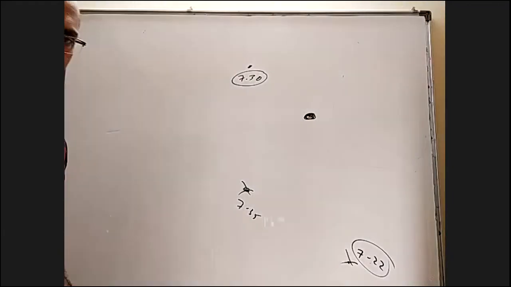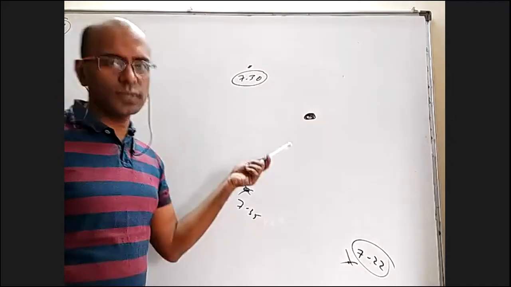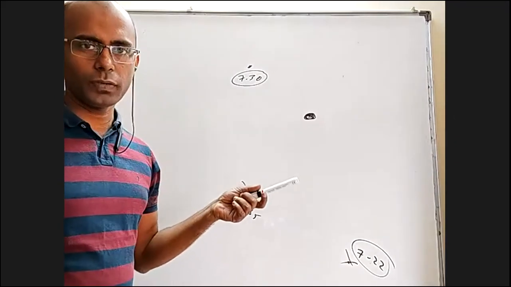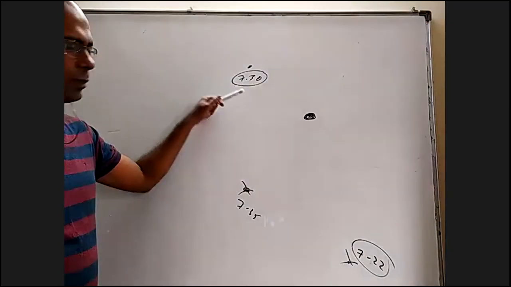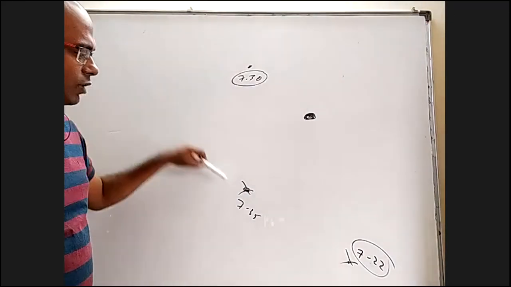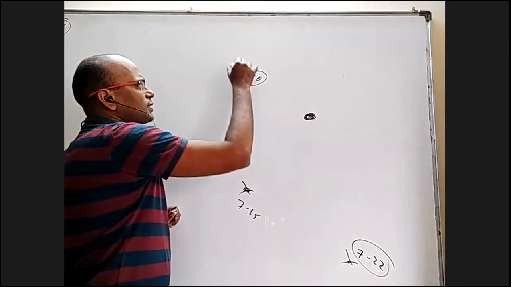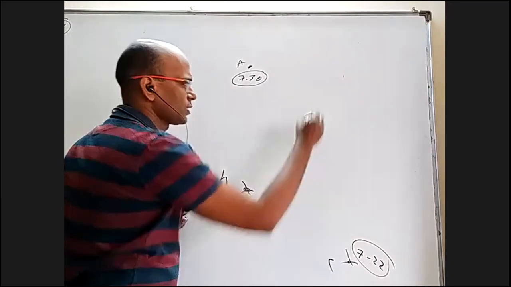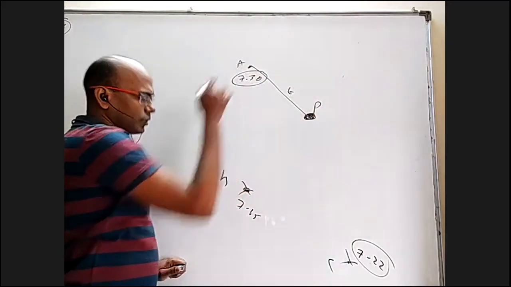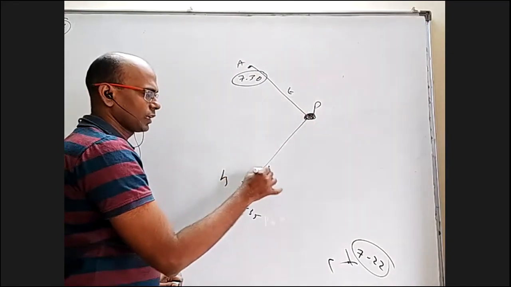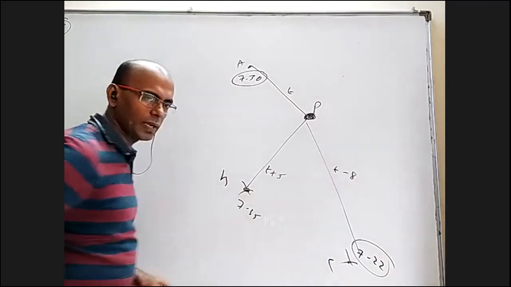Now they don't know what this distance is and how much time the sound traveled. That they don't know. But what they know is the time gap between when this person heard it and when this person heard it. So now what happens? Let's say this is A, this is B, this is C, and this is P. If it took T time to travel from here to here, I'm sure here it took T plus 5 time and here it took T minus 8 time. Am I right?